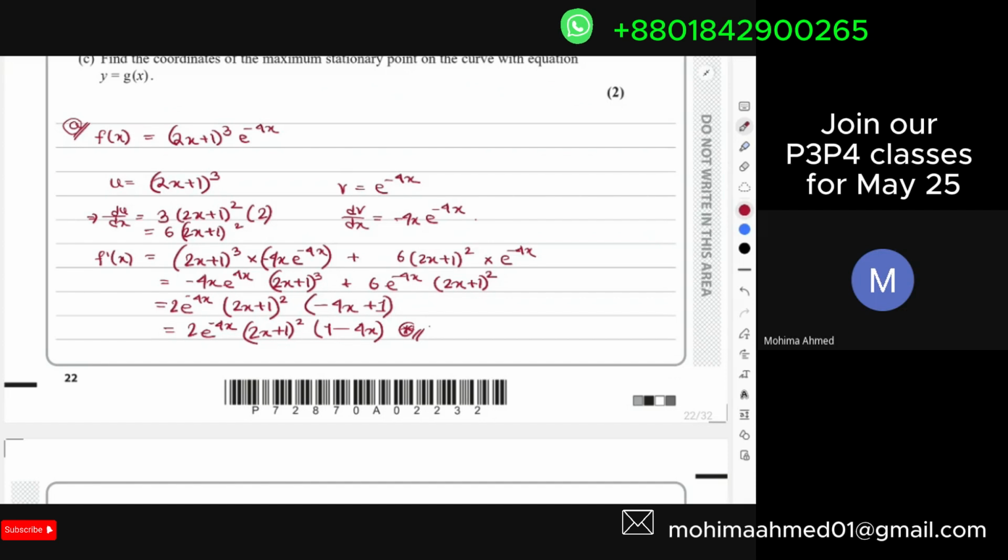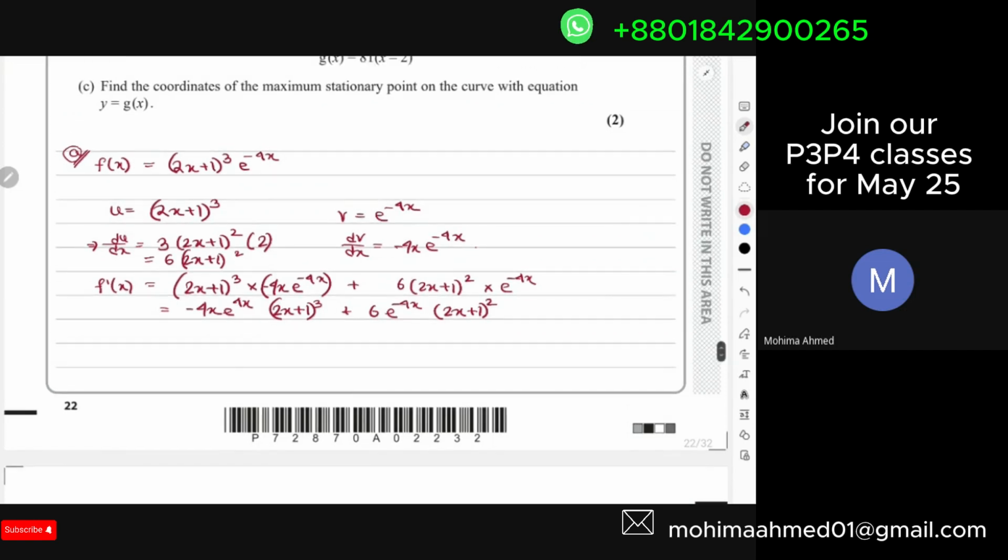2 e power 4x, (2x plus 1) whole square. So we're supposed to get 2 divided by 2x, that's going to be 2x, and 3 divided by 2 is going to be 3. That doesn't match with your 1 minus 4x. One minute, we actually made some mistake over here. I will redo this. We have your